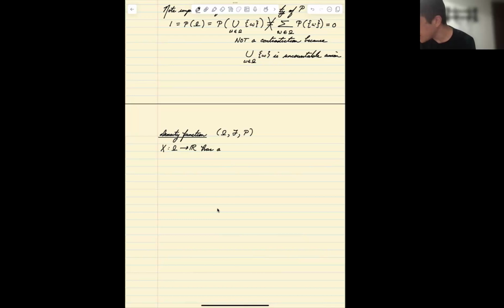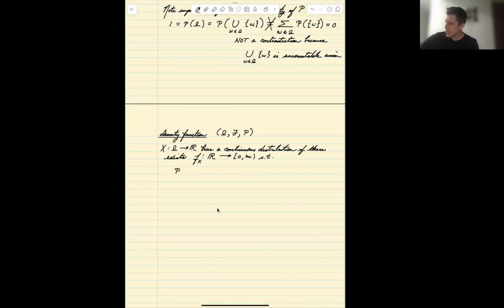A random variable has a continuous distribution if there exists a function f. Sometimes we write it f sub x to indicate that it is tied to x, though it doesn't have to be. It's from the real numbers, the values that x takes, to the positive real numbers,